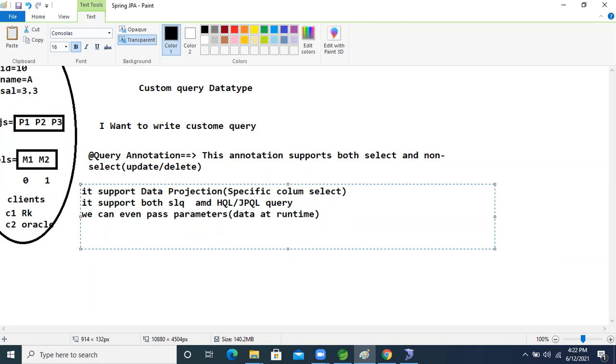Next, we can implement joins. We know that from the database, right?